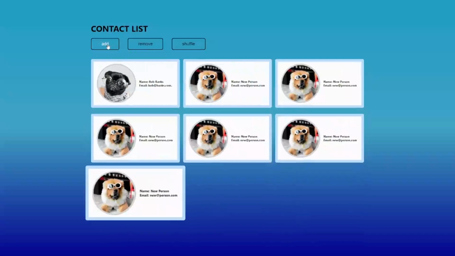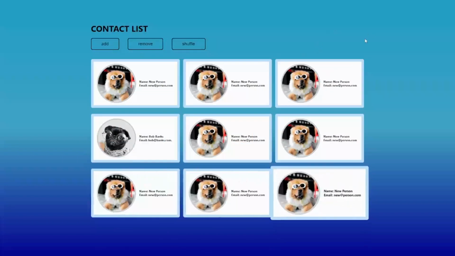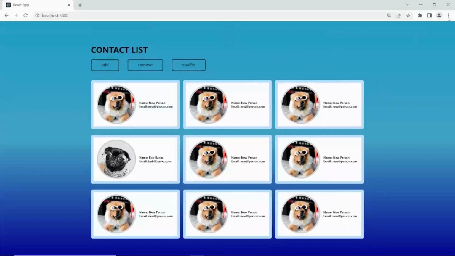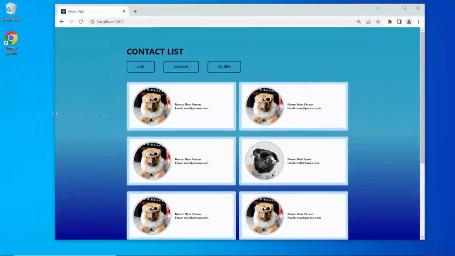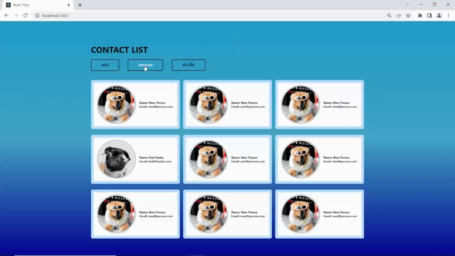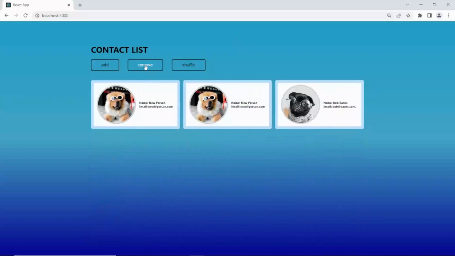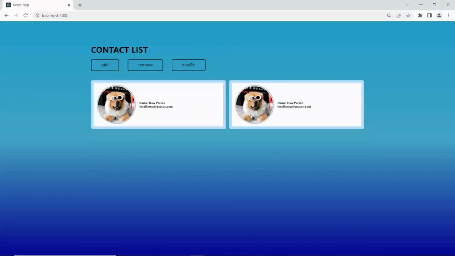And I can just add a few cards here and show you the shuffle feature, so it will shuffle around, and this could be something like a filter or a reorder functionality. And if I make the browser smaller, it will resize, as you can see here. And also if I remove all the items, and if I've only got like 2 items, it will be responsive. And if there's 1 item, it will fill the whole width.